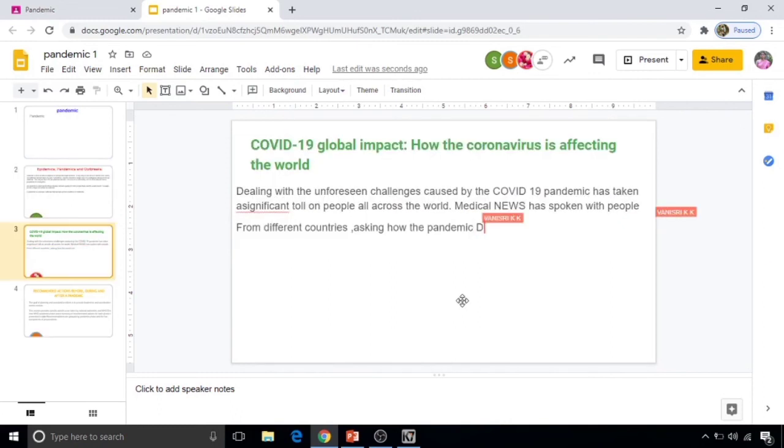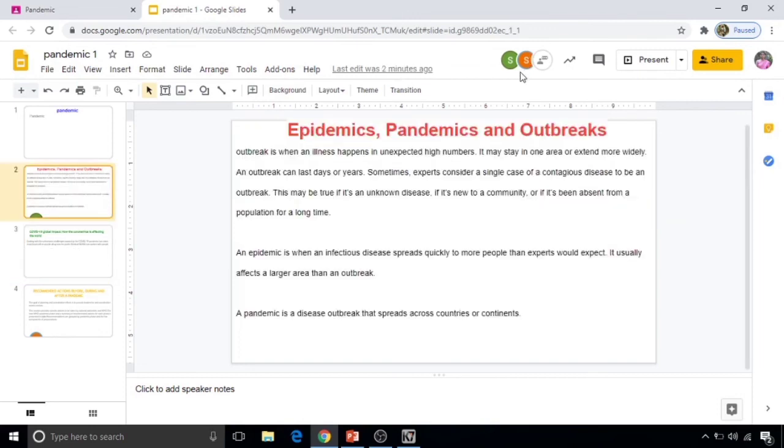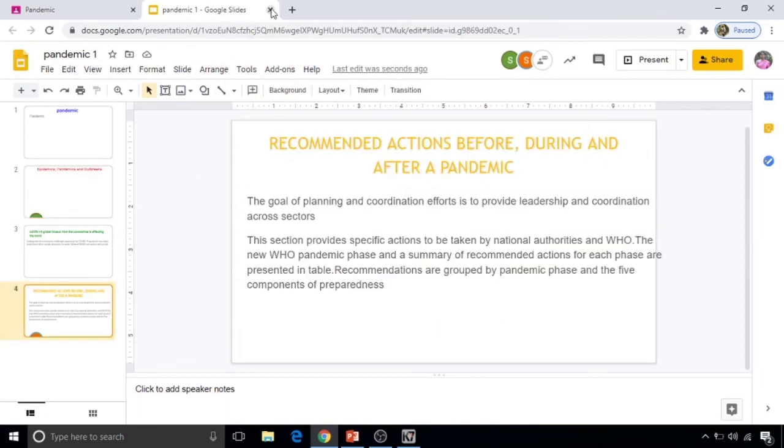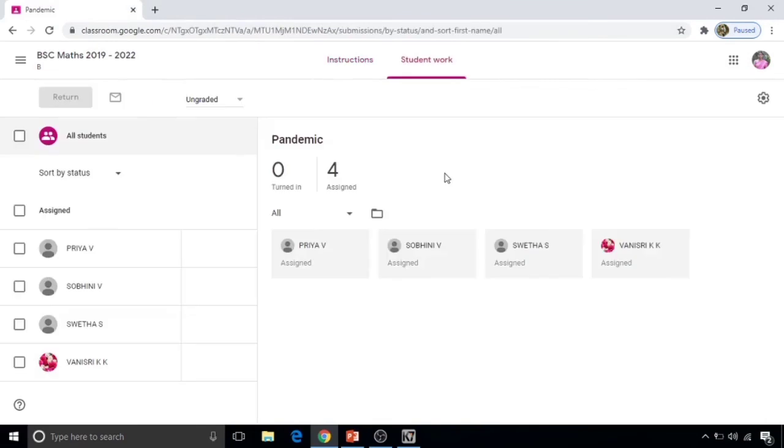Not only 4 slides with 4 students, you can prepare hundreds of slides. We can do it in a minute by using 100 students. Similarly, you can see they are still working at the other end. I think they will complete within a minute. Now I am closing the slides. I hope you understand everything. Not only this, with the help of the same procedure, you can do almost anything in Google Docs and Google Slides.